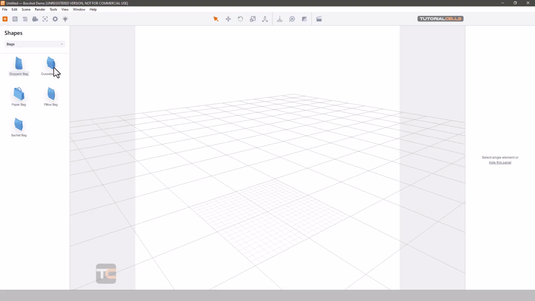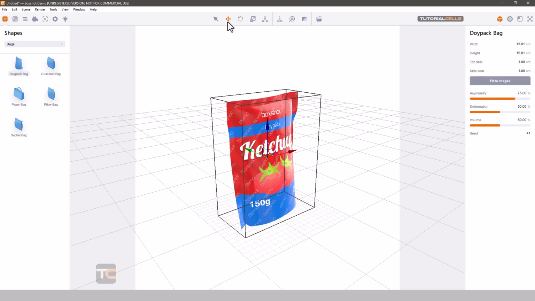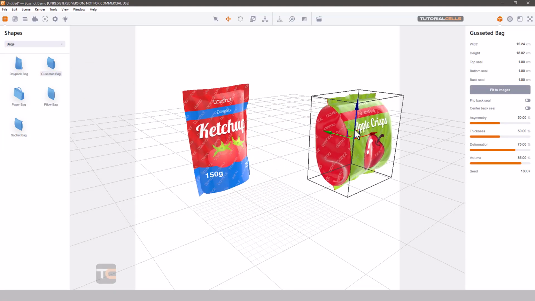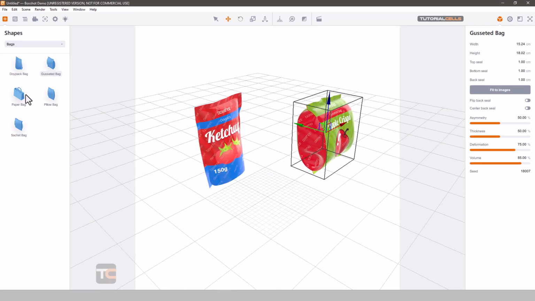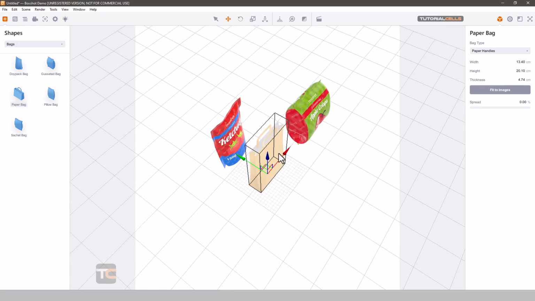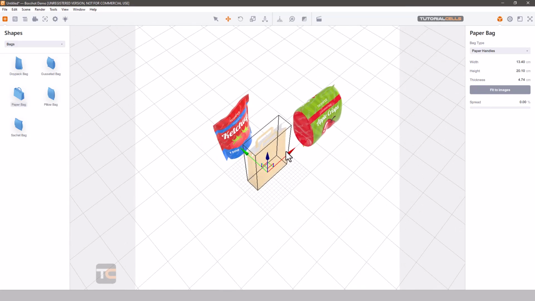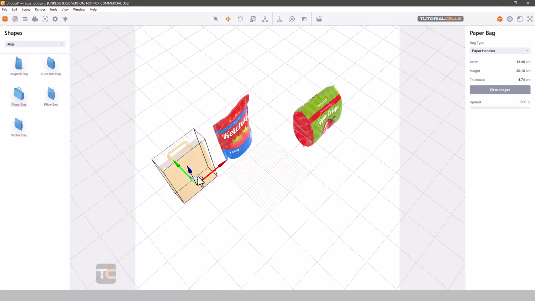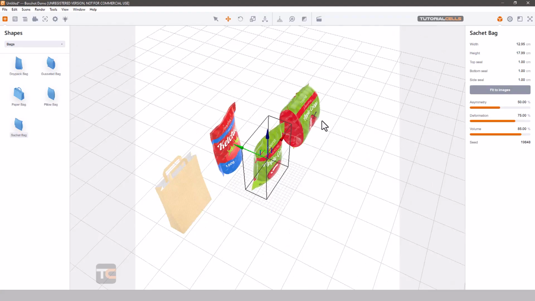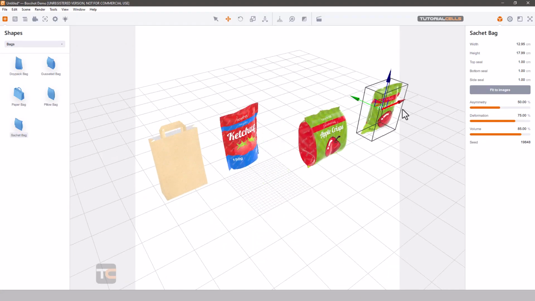First, from the bags, you can see what we have. Let's go to the move tool. I move it here, and you can see we have a different product, something like this. Sometimes I can move it along the axis here. You can see we have a different kind of product in this way, and all of them have their own